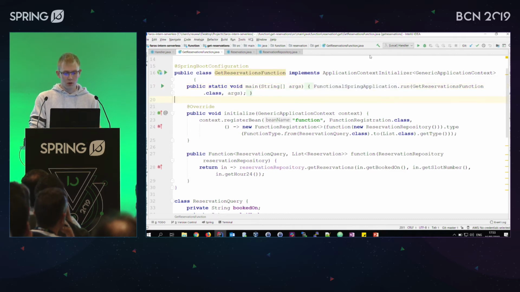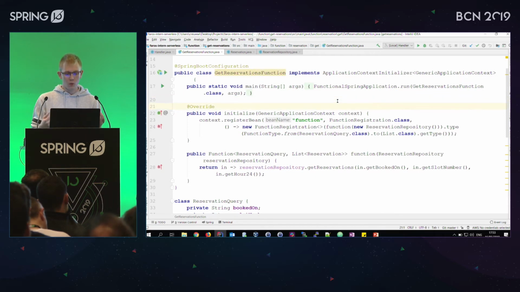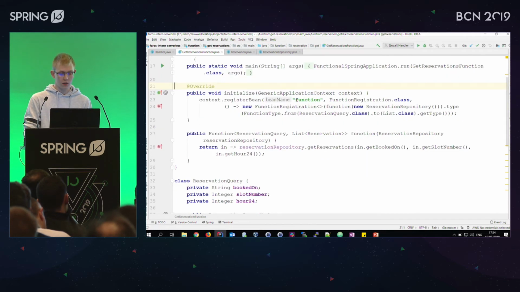Among other things, this means we define our context ourselves. Because it is this small, it's more efficient for startup that we don't rely on component scanning to initialize our context. After all, it is just one function, as defined here.